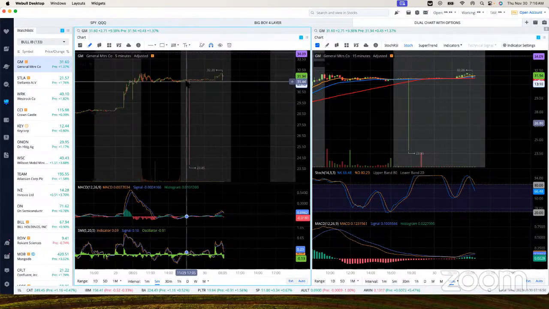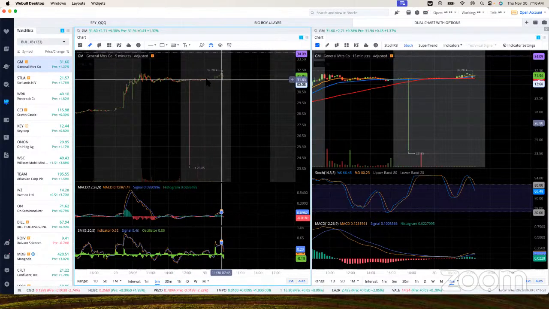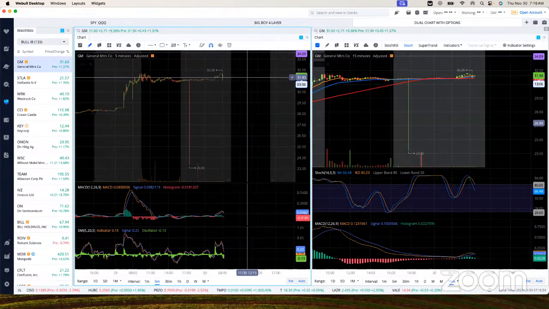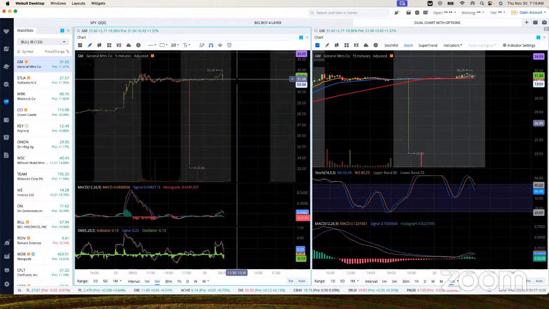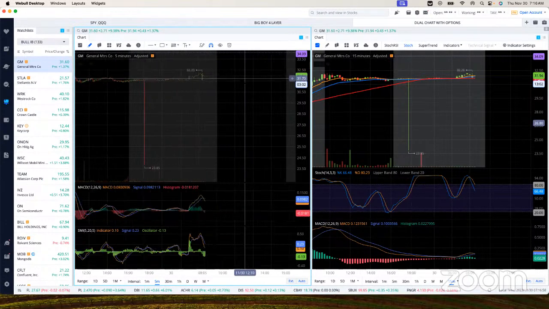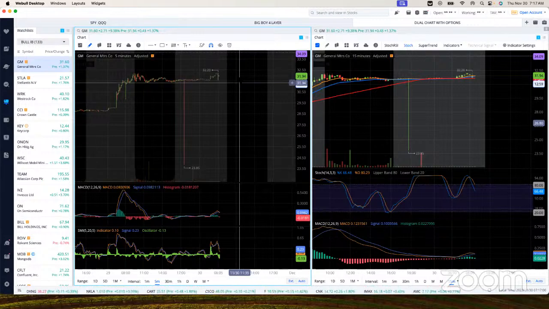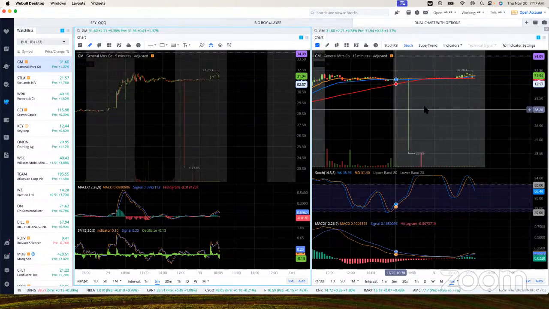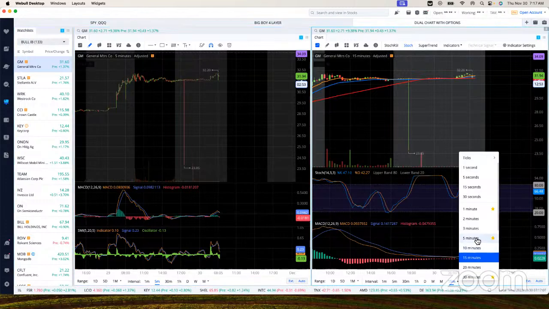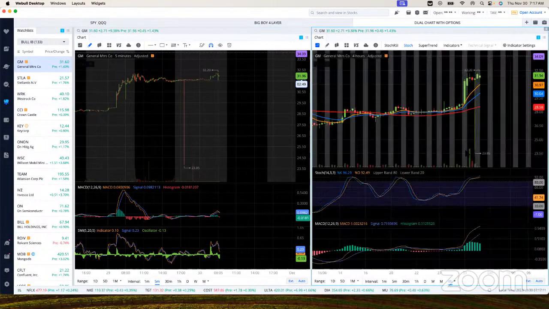So no issues there. Coming into consolidation, looking really good. I like this for the break of the upside. I think $34 for GM is a good idea on this one right here. I think GM can do it. Let's look at